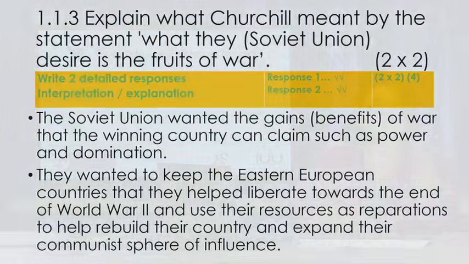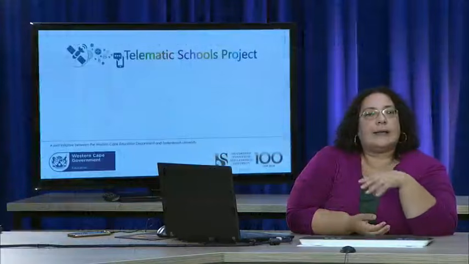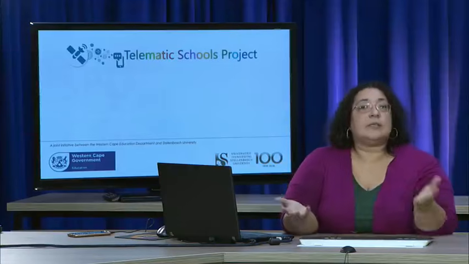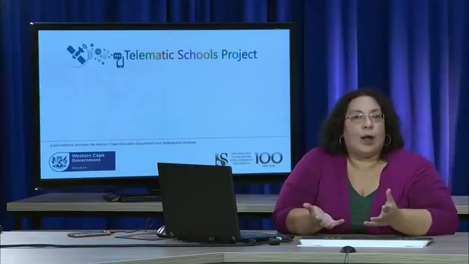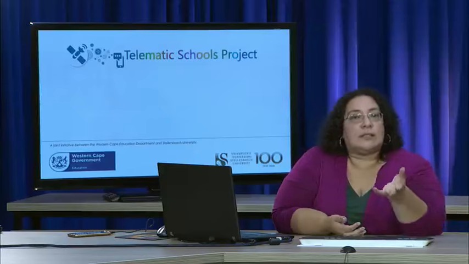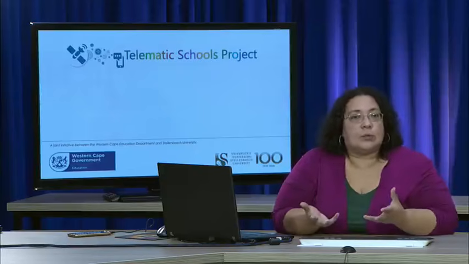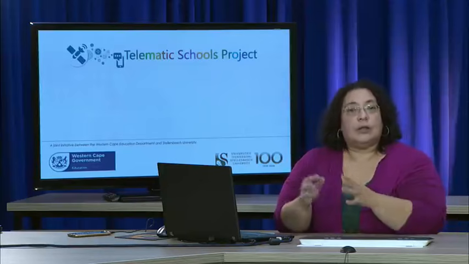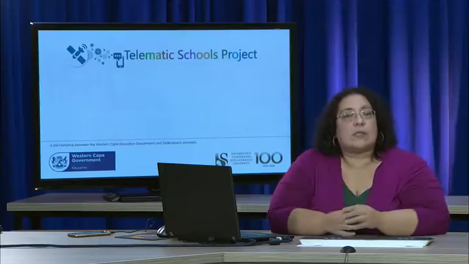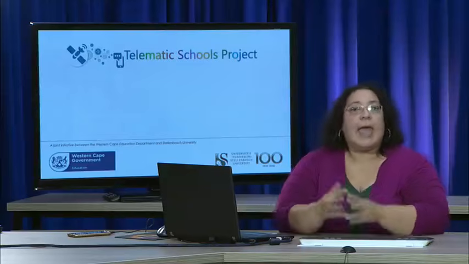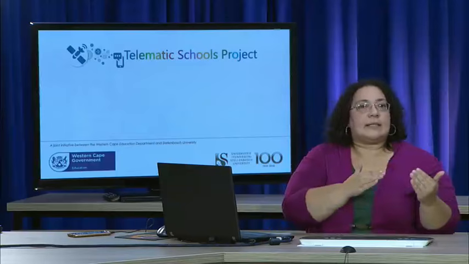Grade 12s, you'll notice that if you look at this answer, it requires quite a bit of prior knowledge from what we've actually studied. So this is the information that you need to bear in mind while you answer this question. We know that World War II was raging. We know that Germany had controlled quite a lot of the territories in Eastern Europe. As World War II progressed, Russia then went along with the Allied forces and liberated many of these countries in Eastern Europe. As they progressed and liberated the countries, Russia then took control of these countries.